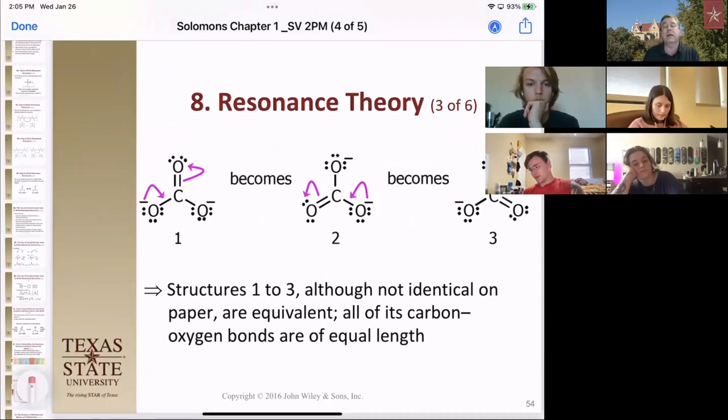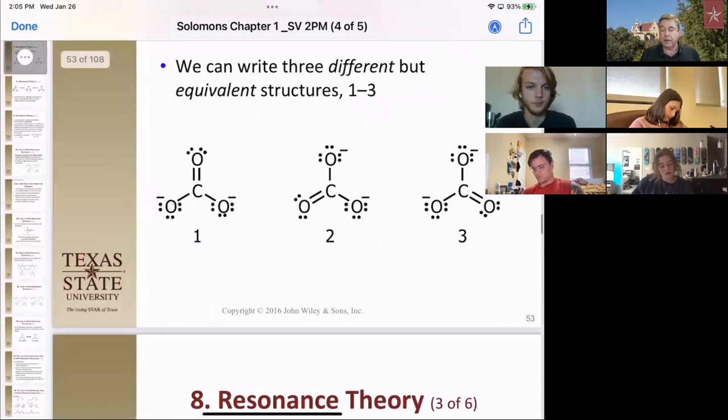We're going to learn a little bit more about that today. The first bond is what we call a sigma bond. So there's one bond, the first bond is the sigma bond. The second bond is the pi bond. We can move lone pairs and pi bonds around and even charges around by moving electrons to create the other Lewis dot structures. So in this case here, we want to convert from Lewis dot structure 1 to Lewis dot